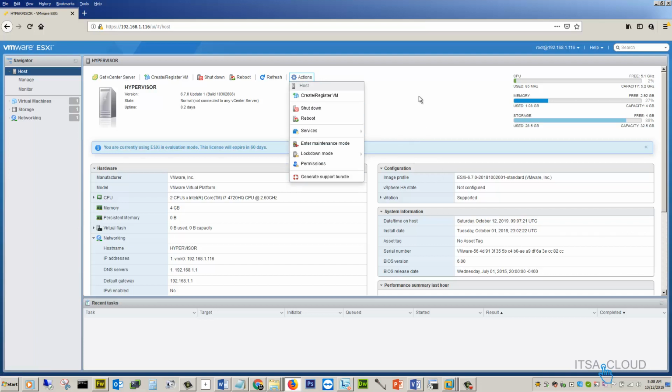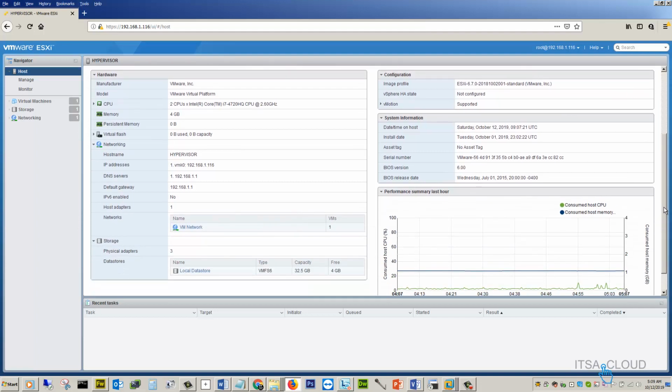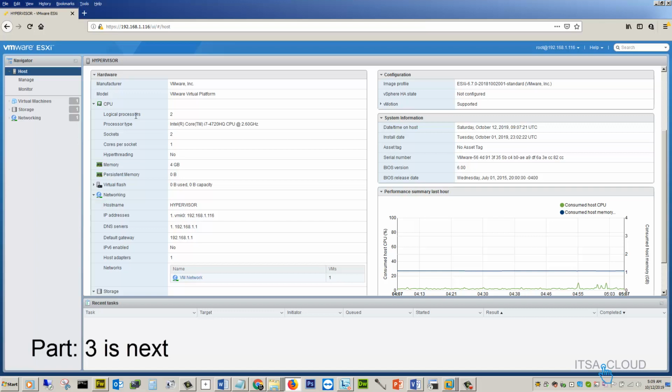Okay, you can see the CPU, the memory, and storage resources. Also, if we go down here, you can see a lot more information about this host. For example, how many logical processors, the processor type, the sockets, the cores per socket, and the hyperthreading.